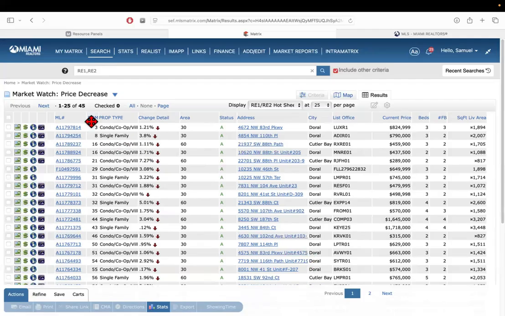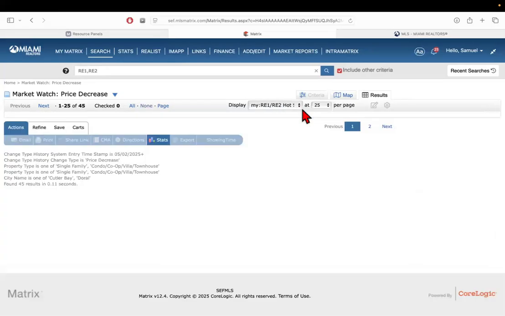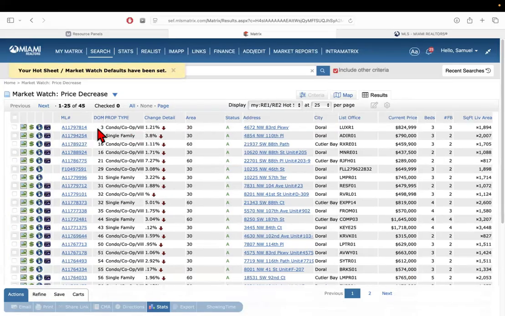But how can I keep this locked in? How can I keep all of this type of information locked in? You can do so by coming over here where you see this little settings button. You would give that a click and then click right here, set current display sort order and count per page as my hot sheet market watch default. That's going to incorporate keeping the days on market and the city locations in your market watch and hot sheet